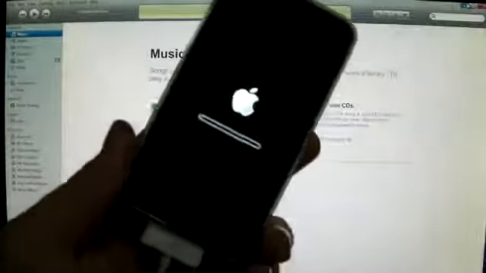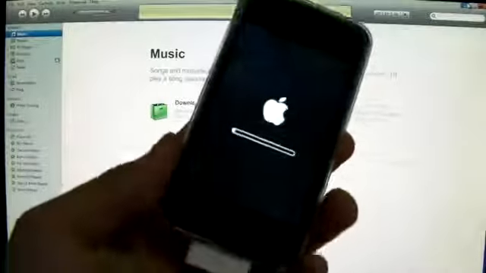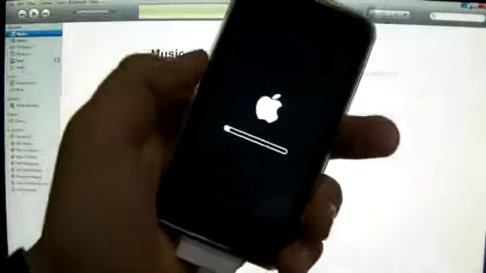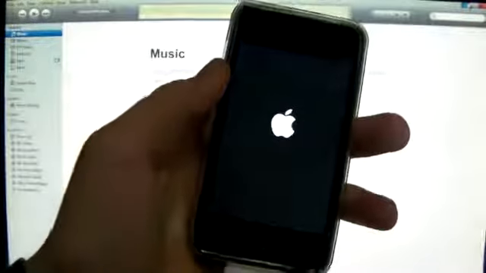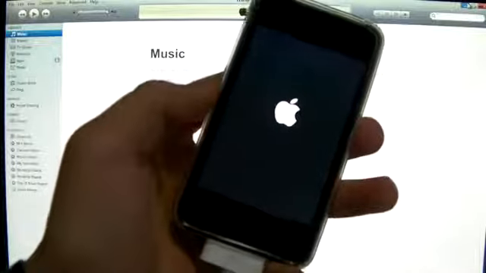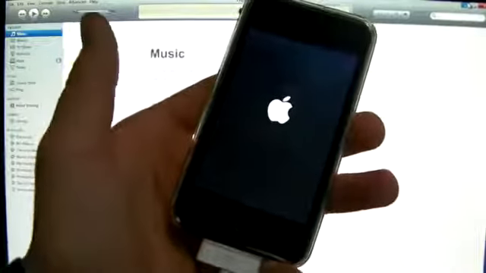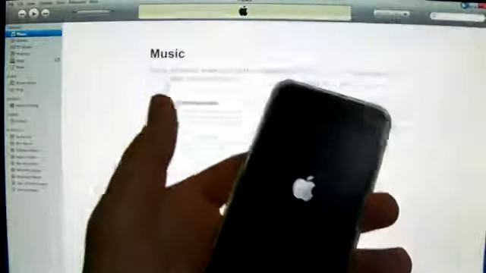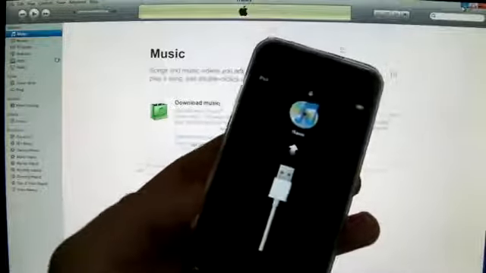Okay, so my device has been restored and it went through cleanly. Usually this doesn't happen for most people. You actually get an error in the process, whether it be 1013, 1015, something with a 10. And the matter is that you get an error. So what we will need to do is actually